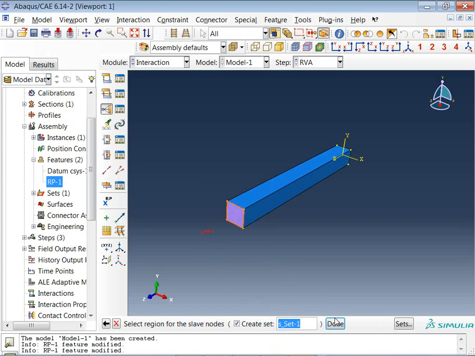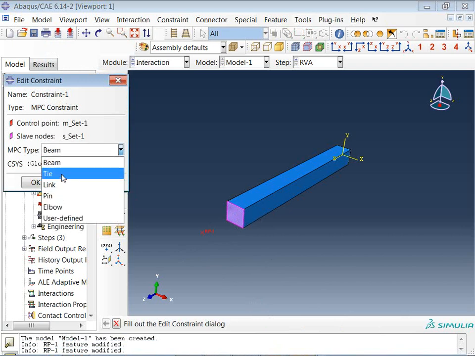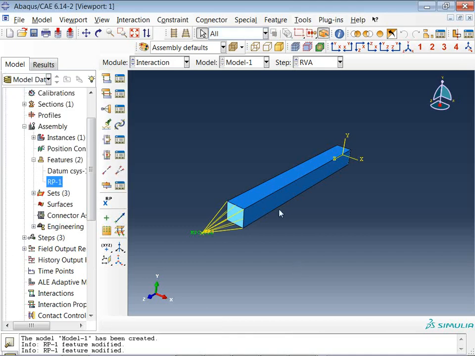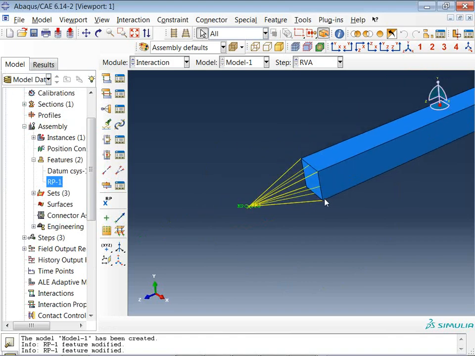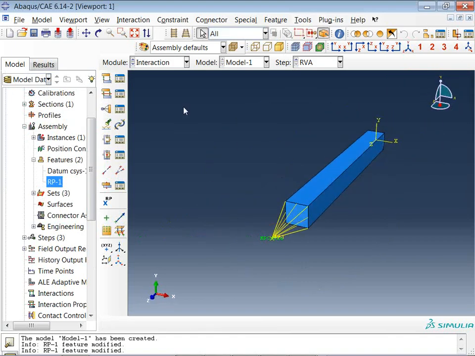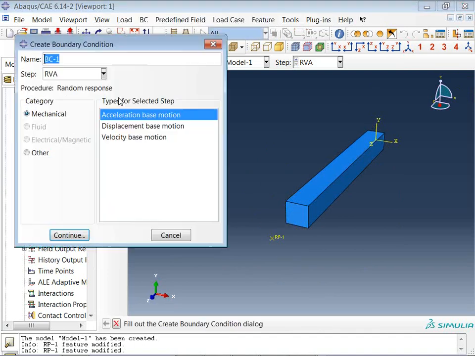Load. Here I'll apply a boundary condition for initial. Continue. On the other side, to constrain it as an encastre, and similarly I'll take again the one for acceleration based motion. Okay. So which direction do I want this body to move? I'll consider u2 because the y direction needs to be vertical, or if you want the x axis you can consider u1, or the z axis you cannot use because it cannot be oscillated on the z axis. So I'll consider u1,